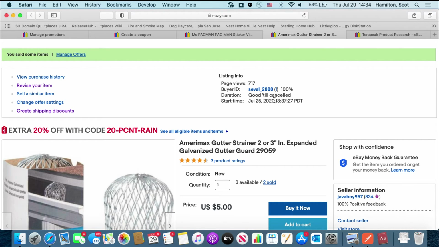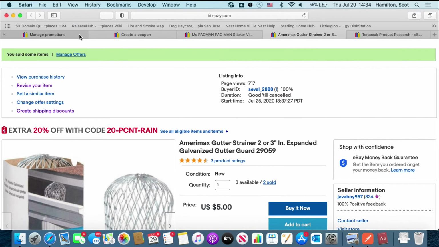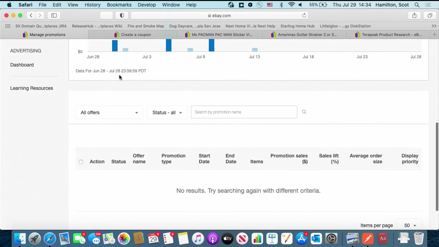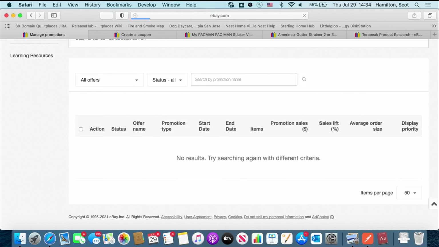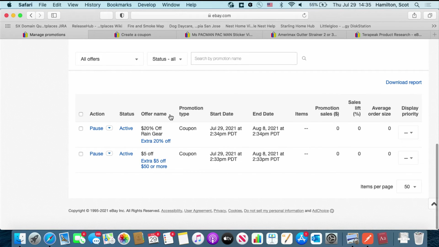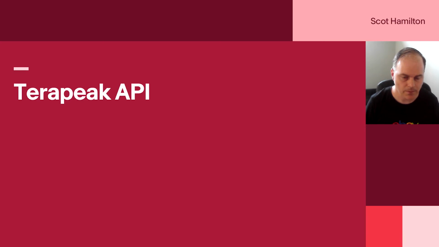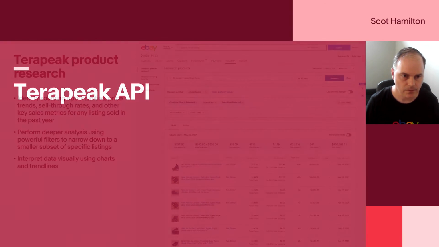Very easy to use. I didn't show you the full examples, but the API will offer the ability to create promotions, create coupons, end coupons, suspend them, resume them, even delete them. And sellers who use the API can also see those coupons created and showing up here in Seller Hub as well, as you can see at the bottom of this page. So that's it, powerful coupons via the API, and it's an exciting way for people who come in for these tools to help buyers. The next and last feature I'm going to tell you about today relates to something called